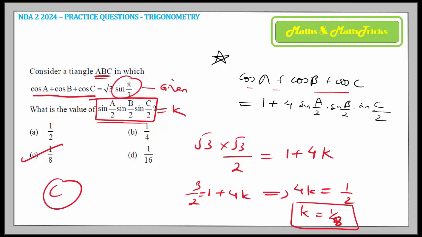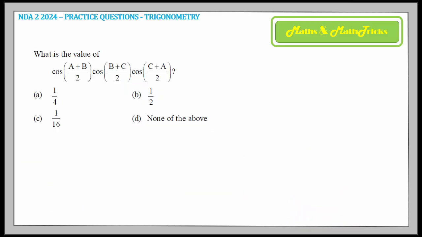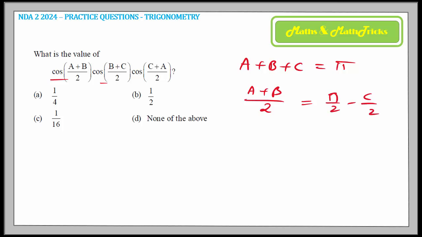Now continuing with this concept, we can give a related question like this. Suppose you are asked, again for the same angles A, B, C in a triangle, what is the value of cos (A plus B)/2, cos (B plus C)/2, cos (C plus A)/2? Students, you know that A, B, C are angles in a triangle, so the sum of these three angles is equal to pi, 180 degrees. So whenever you are asked to find the (A plus B)/2 value, it becomes pi by 2 minus C by 2. What did I do on both sides? Divided by 2 and separated the A and B angles together, (A plus B)/2, and C on the other side.